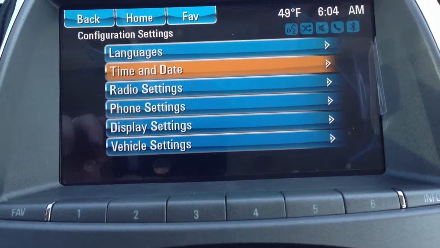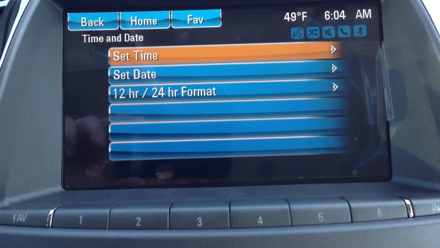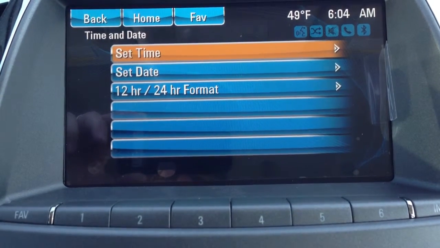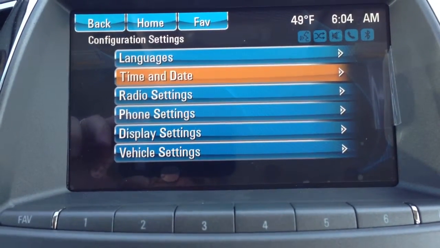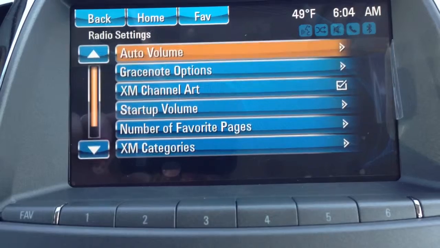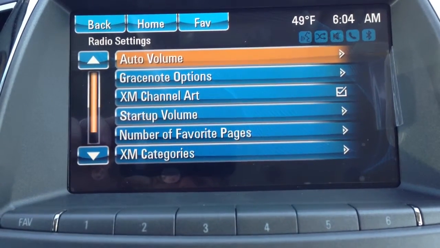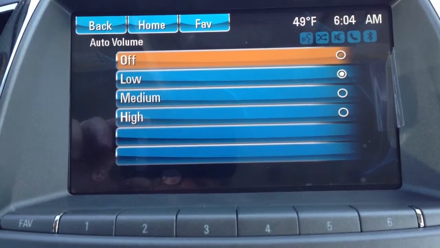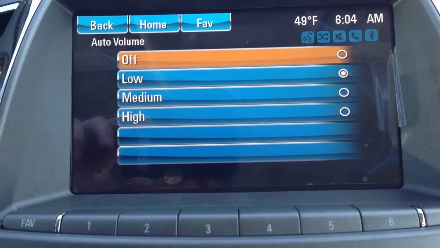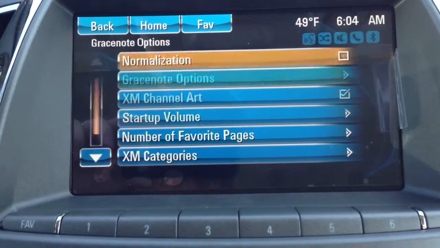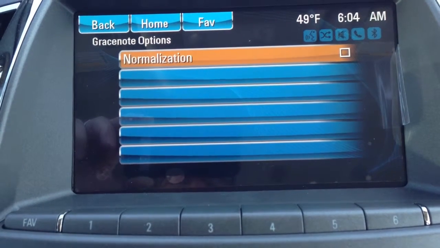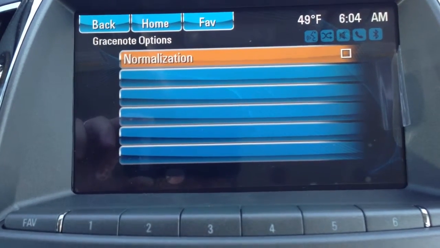time and date, set time, set date, and then go to a 12-hour, 24-hour format. Radio settings, so where you can adjust your auto volume. Go in there, you've got off, low, medium, high. Go back, grace note options, normalization on or off,